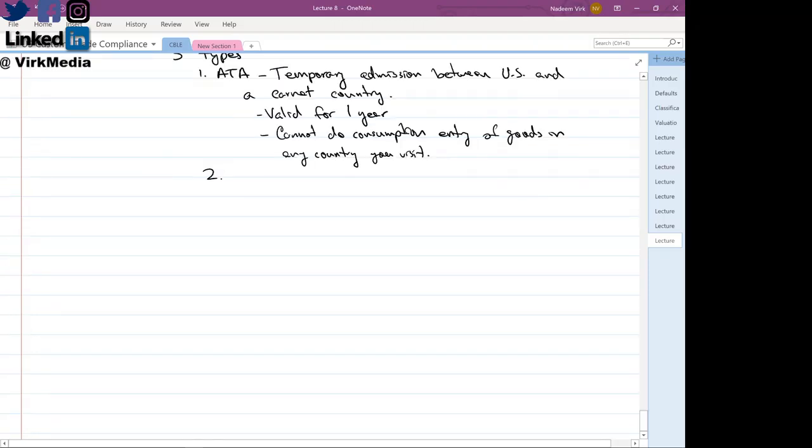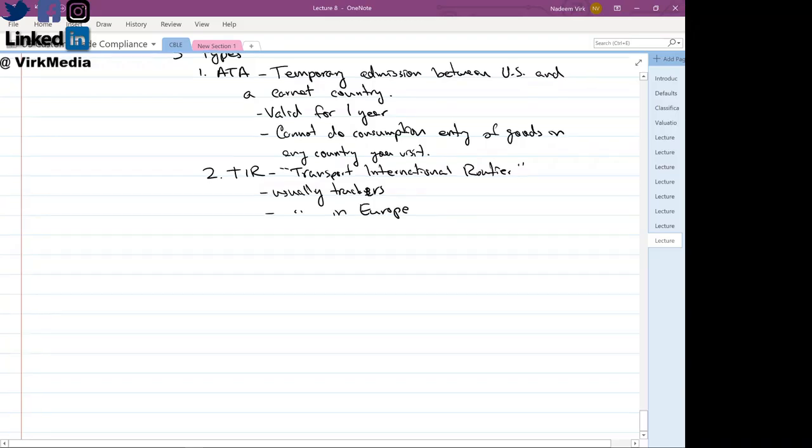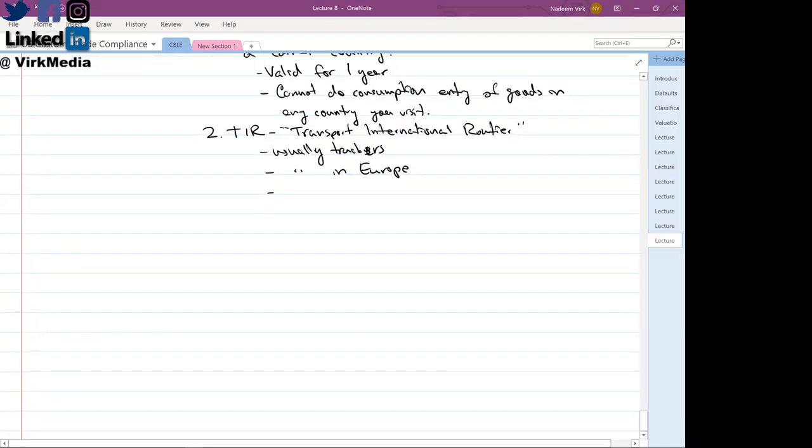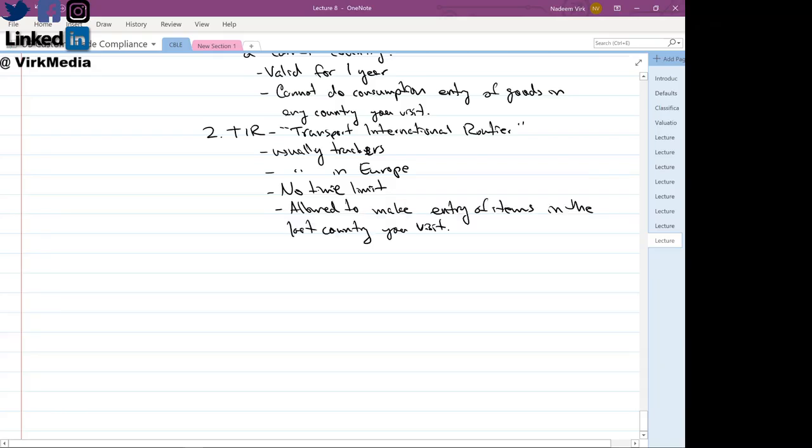The second type of carnet is known as TIR, or tier. This is also known as Transport International Routier. This is usually for truckers and usually in Europe. This has no time limit and you are allowed to make an entry in the last country that you visit. So for example, if